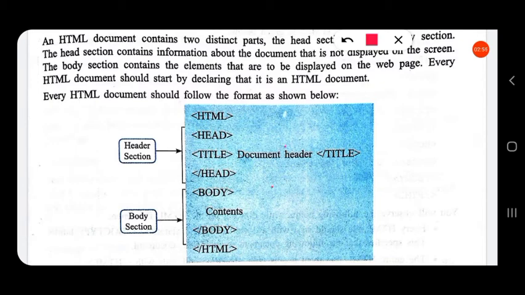So there are two sections, the header section, inside the head tag, and the body section, inside the body tag. Whatever is displayed inside the web page is given in the body section, and things which are not displayed on the web page, such as the title, which is just to identify a web page, are given inside the header section.